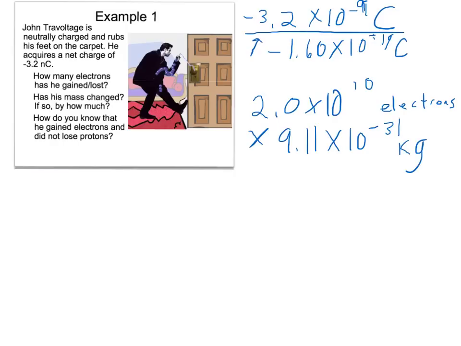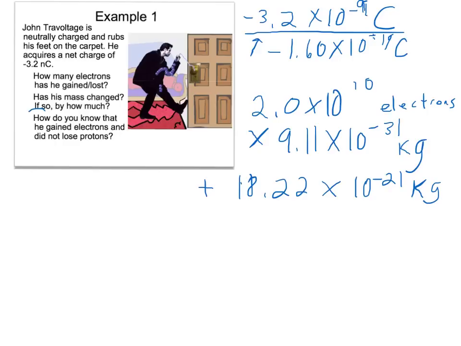Well, 2 times 9.11 would be 18.22. This is multiplying, so I add the exponents, times 10 to the negative 21. 10 plus negative 31 is to the negative 21st. So he didn't gain much mass, but he gained some mass. And if he gained those electrons, because he acquired a negative charge, to get a negative charge you have to add in electrons. So if he gained those electrons, his mass went up 18.22 times 10 to the negative 21st